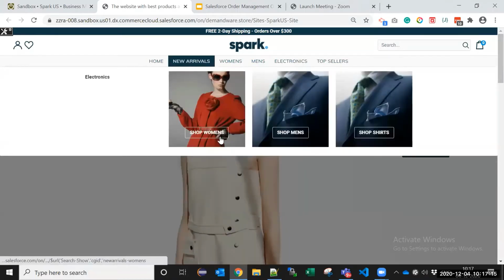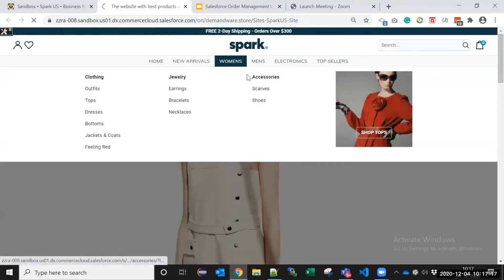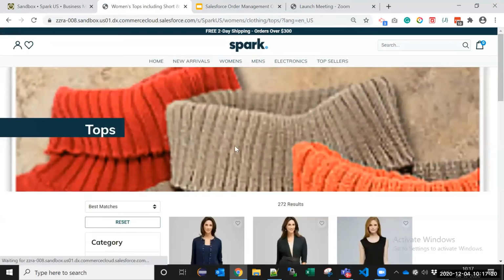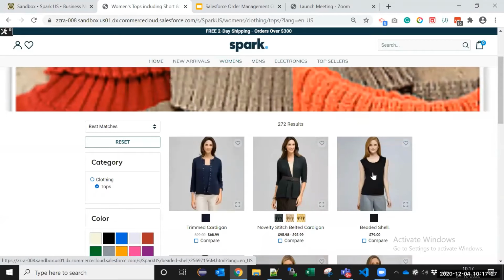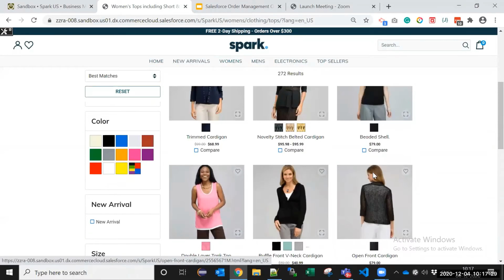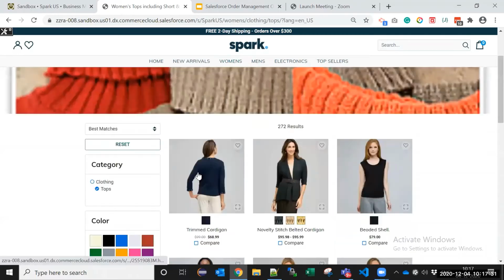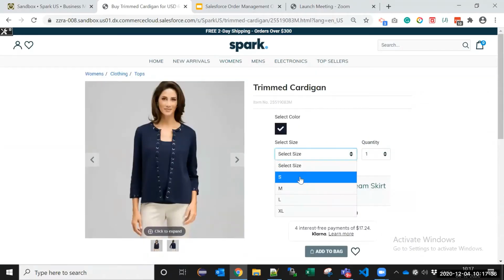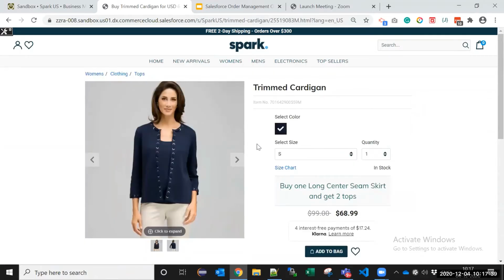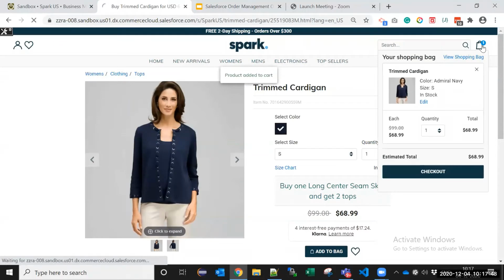So now if we go into, what you see here is the navigation bar, which is mainly driven by the catalog that's configured in your business manager. This is the product listing page, which shows all the different products that are available to be sold. And this is the product details page, where you can select the size, the colors. All of these are configurable in your catalog via the business manager dashboard. Now, once you click on add to bag, you can proceed to the cart.